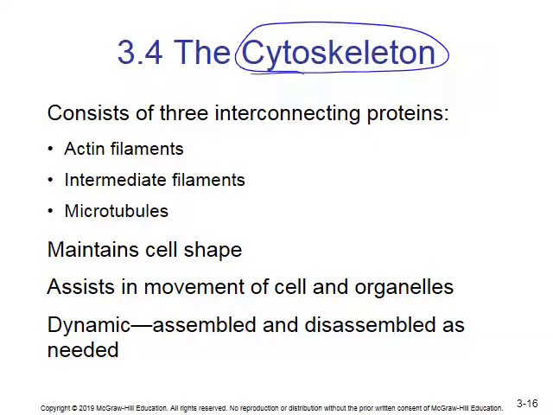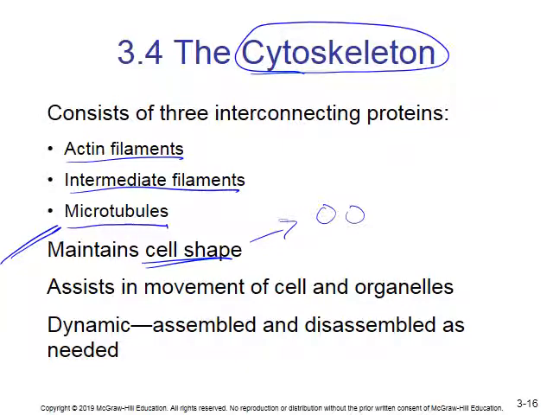Now I figured we'd talk about the cytoskeleton just a little bit. We're going to look at 3 different types: actin filaments, intermediate filaments, and microtubules. All of the cytoskeleton is going to help maintain the shape of the cell. This doesn't seem like such a big deal now because every cell we talk about is basically round or kind of more box-shaped. But in the human body, if you were to take anatomy and physiology, we have things